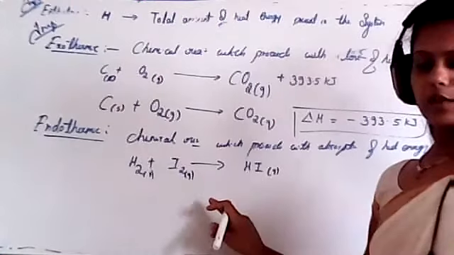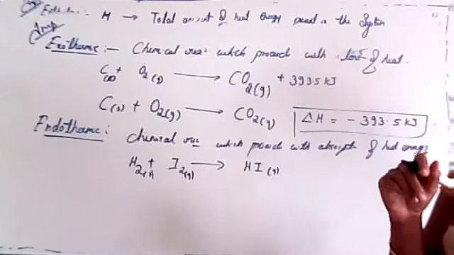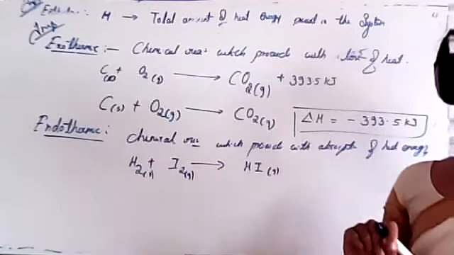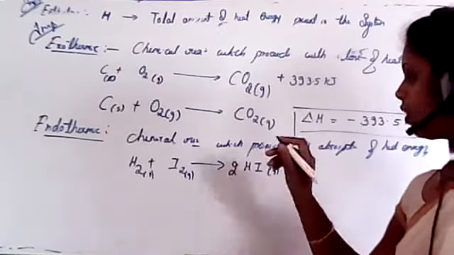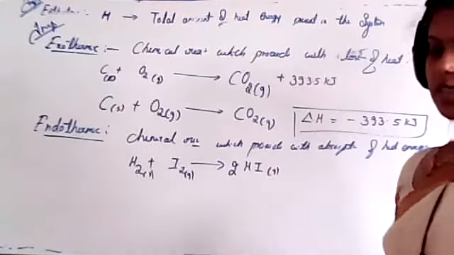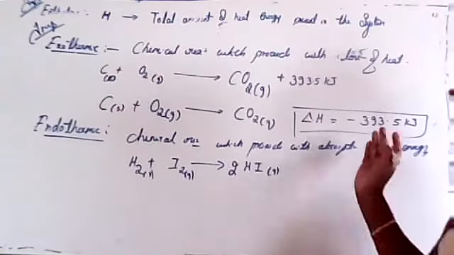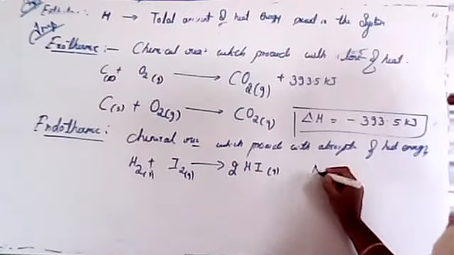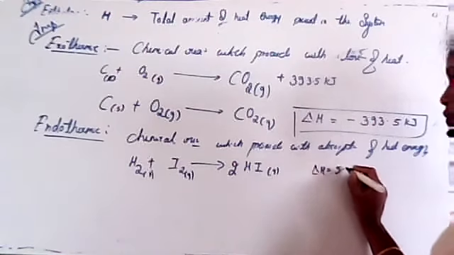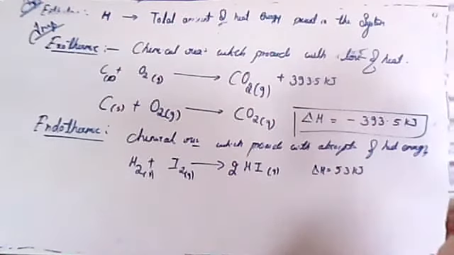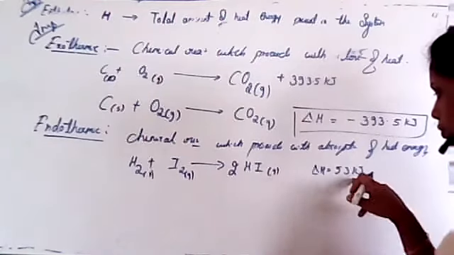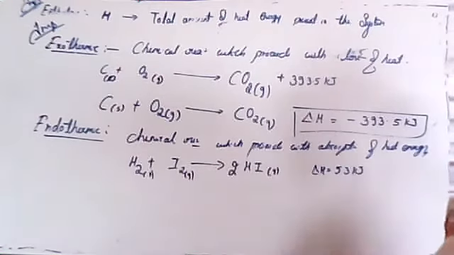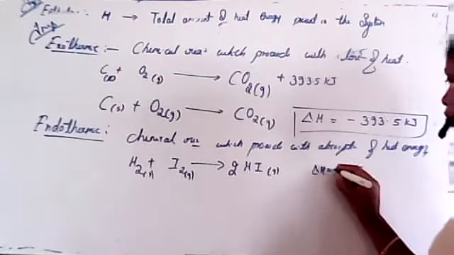Just balance the chemical equation and tell me. Yes, 2 molecules of HI. So now heat is evolved. Sorry, heat is absorbed, isn't it? So that's why I'll write it in terms of delta H equals 53 kilojoule. While writing, you can add minus 53 kilojoule here, or else you have to add plus 53 kilojoule in this case. Clear? Yes, this one is positive, sorry, plus.